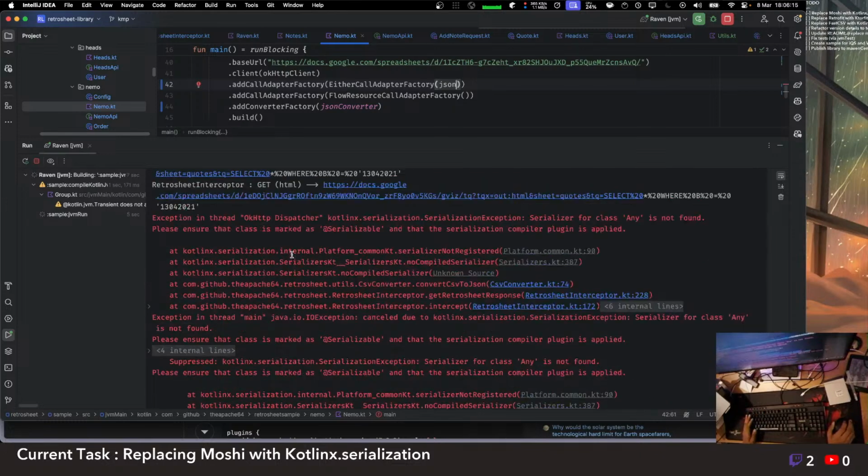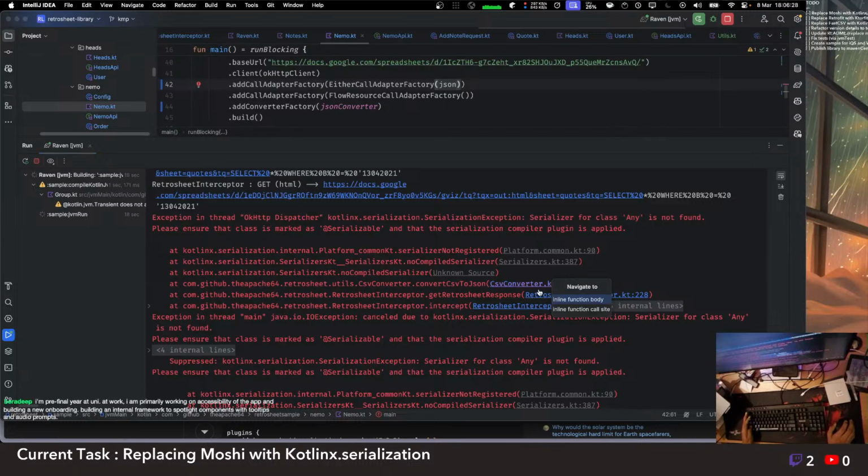Okay, new error. Serializer for class any not found. Please ensure that class is marked as serializable. Okay, and what we need to do here is